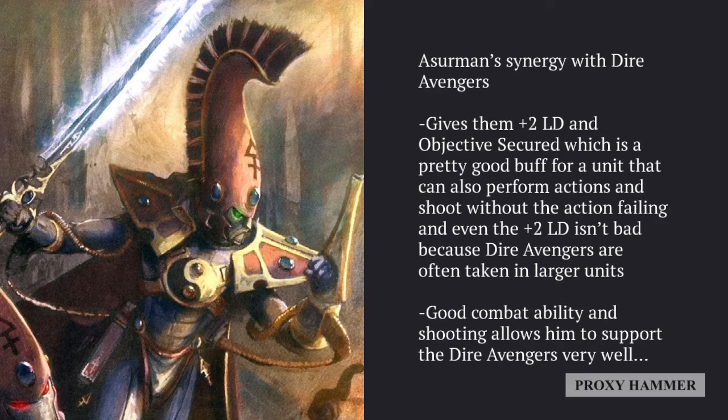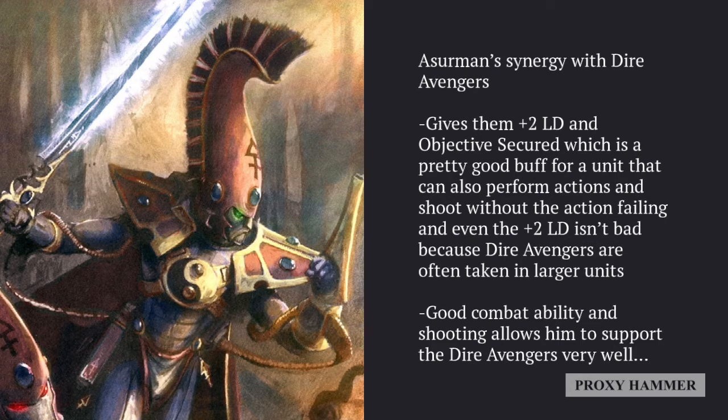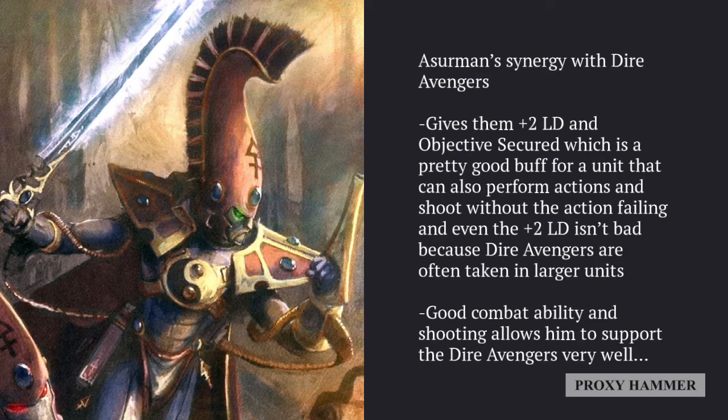And lastly, we have Azurman. So Azurman's synergy with Dire Avengers is pretty good because giving objective secured to Dire Avengers is actually one of the best things that you can do. And the reason being is because this is a unit that has a lot of objective power as well as offensive power. So they already have an ability where they can shoot